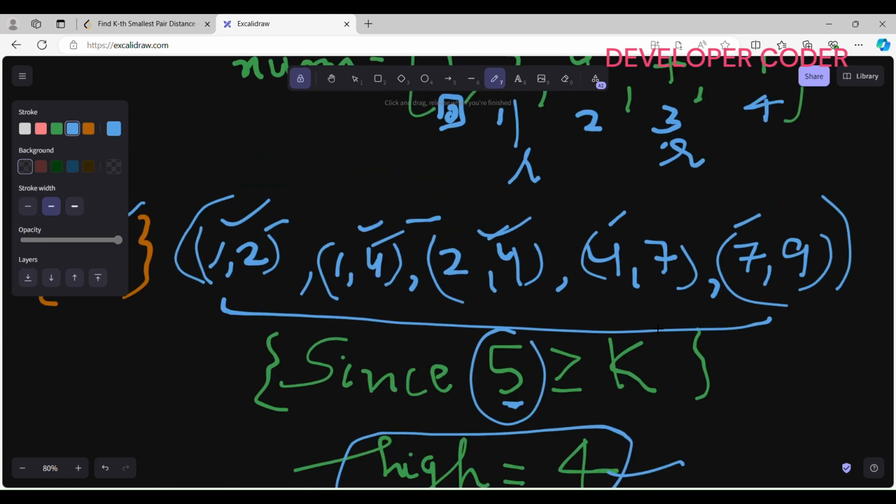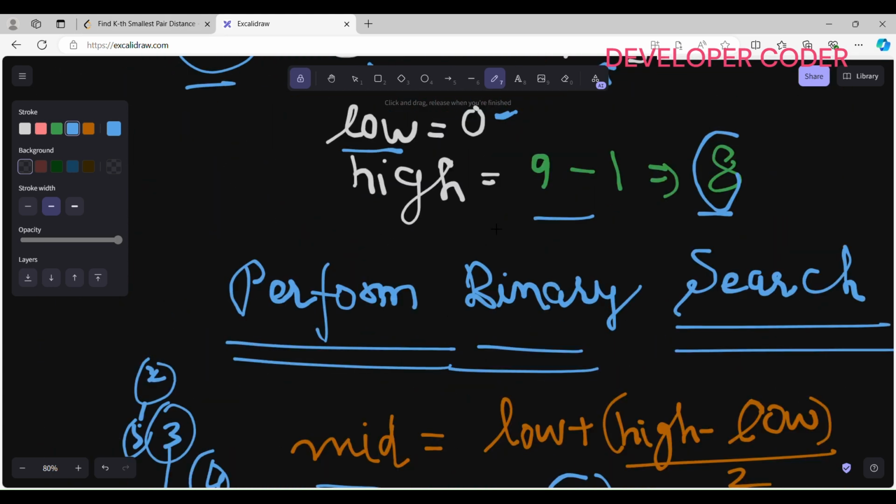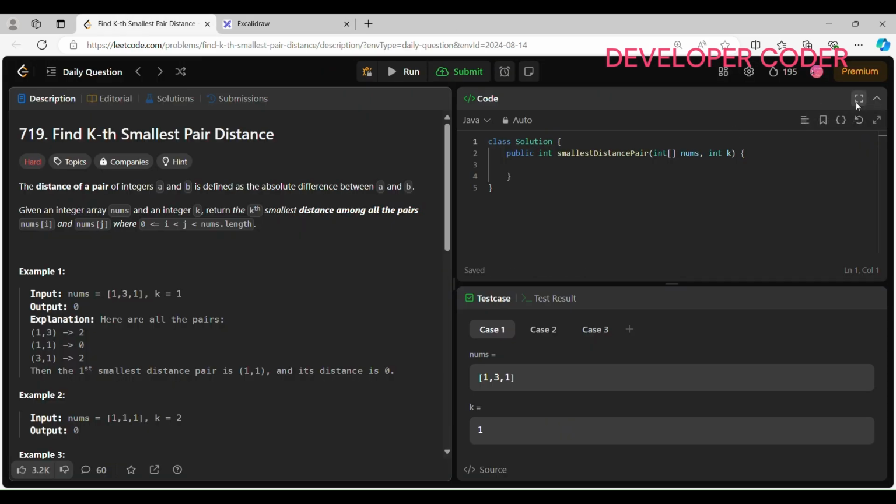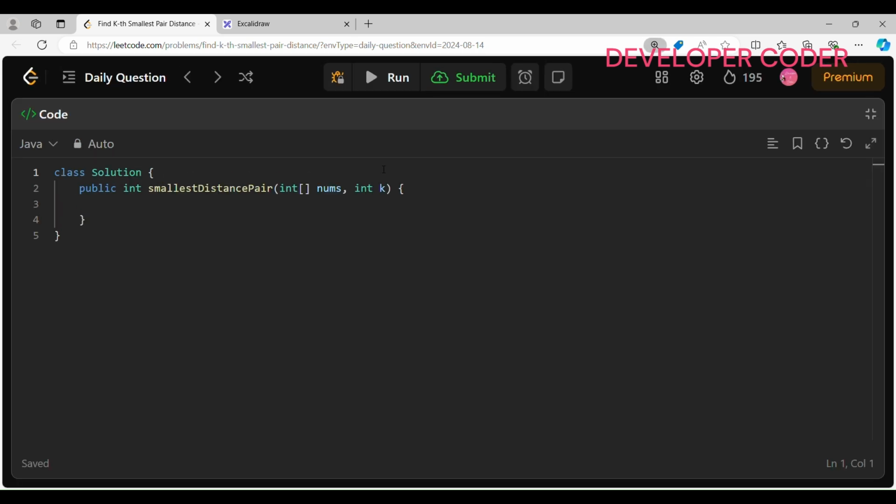So now let's move to the coding part. So here this is my code. The first thing that we need to do is sort the array. After sorting the array, we have to do the binary search on the distance. So low is going to be 0. This is nothing but my binary search setup, and high is equal to